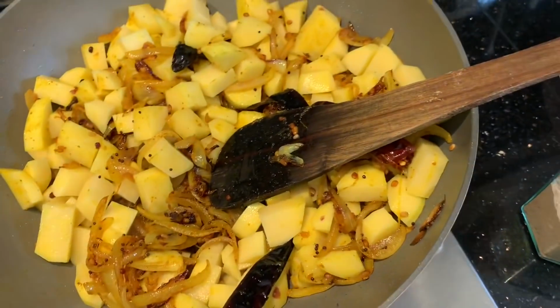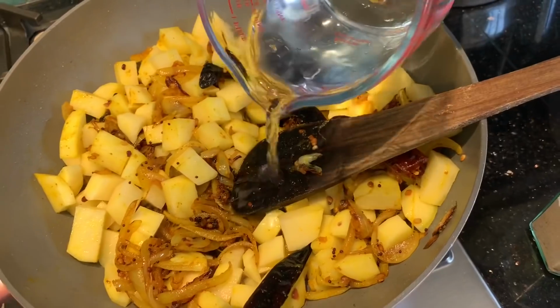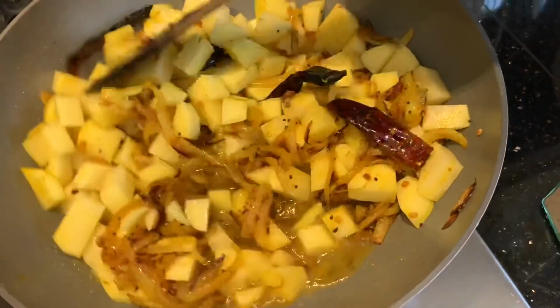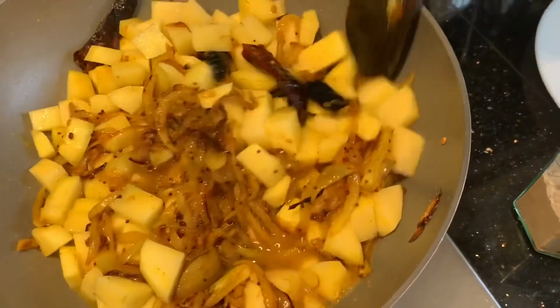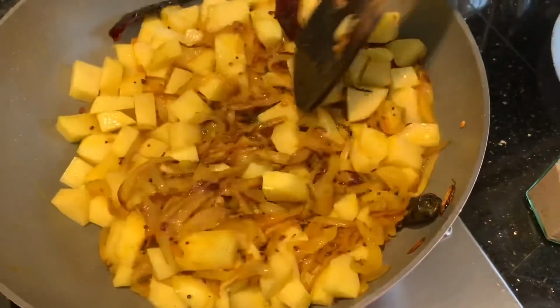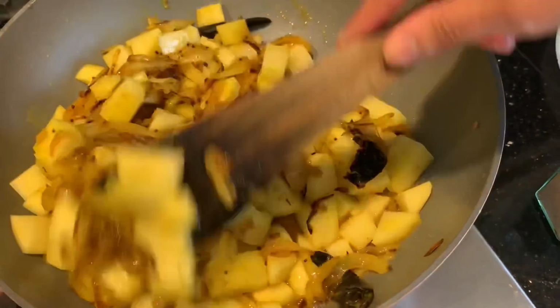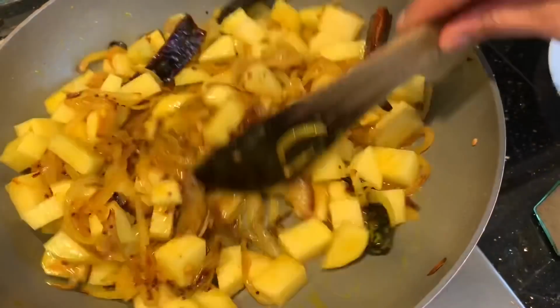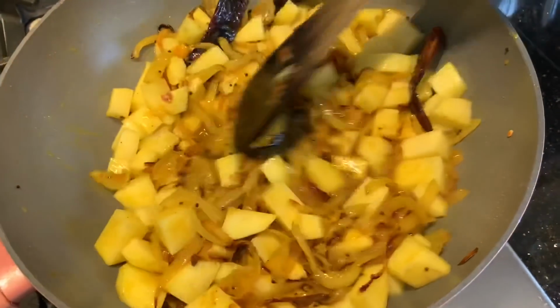And finally, I'm going to add 200 ml of water. Mix, mix, mix, and that time of the day again when I go away to find the lid. Right, I am back and I found the lid. Yay! So I'm going to cover this and cook it on low heat